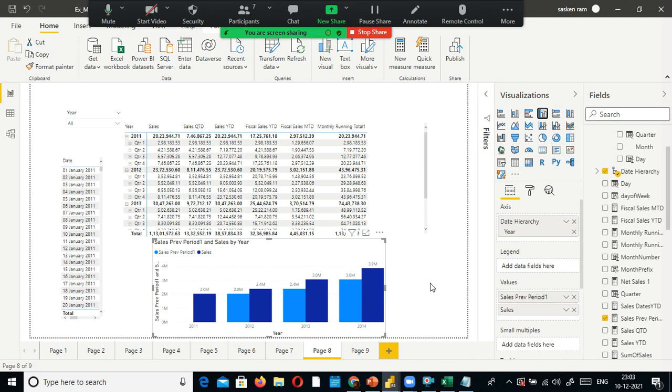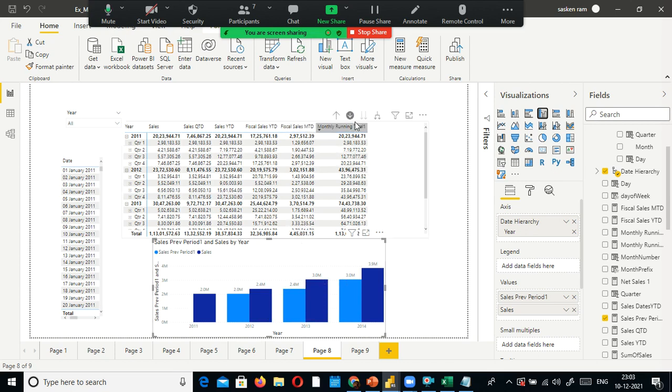You have a function called same period last year. You can use the calculate function to find out the total sales for the same period last year. And when you plot it, you can easily compare it. So we can see an increase in my sales compared to last year. Look here, 2012, compared to last year, 2011, I could see an increase in my sales. Similarly, we can see the increase in my sales. So this is how we need to find out.